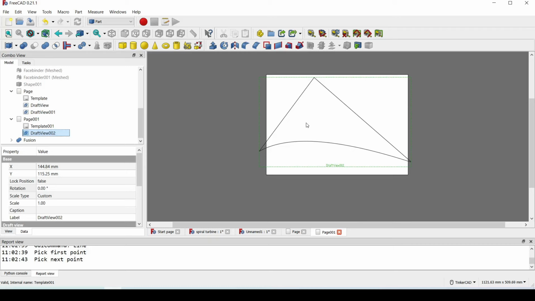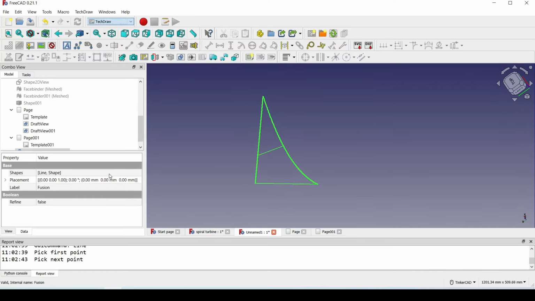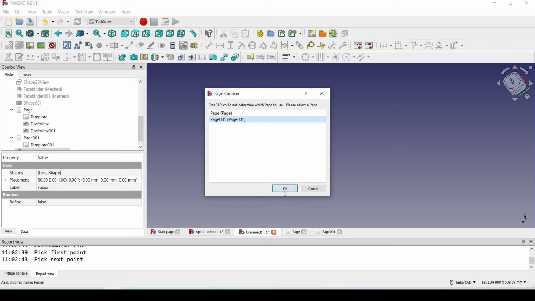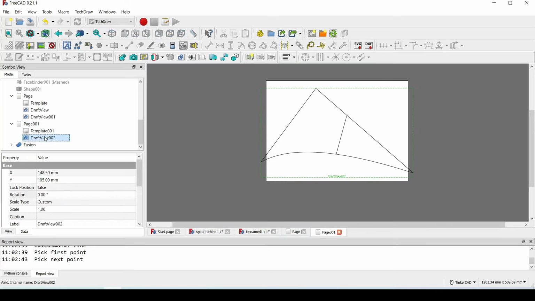Let's delete the previous one and add this one. Now we can print it